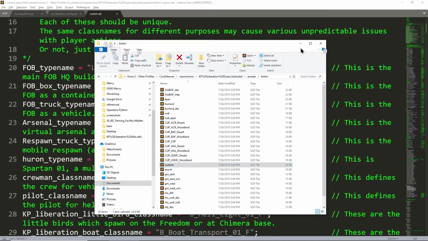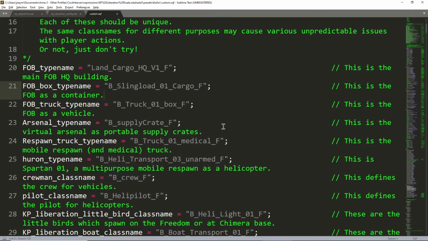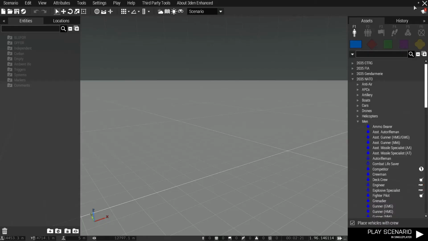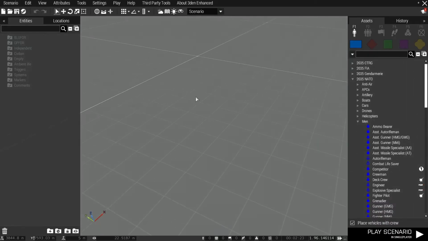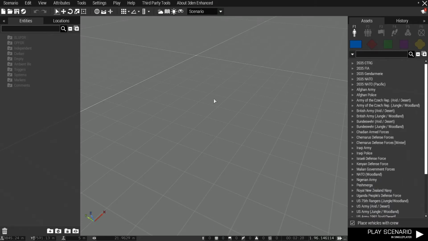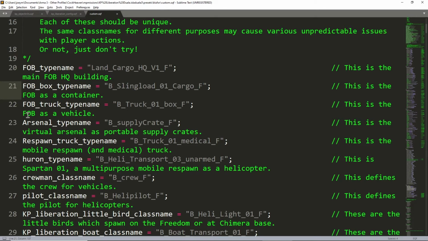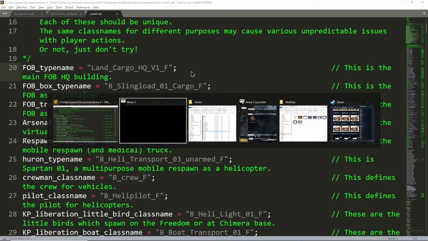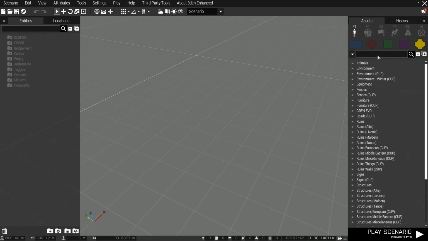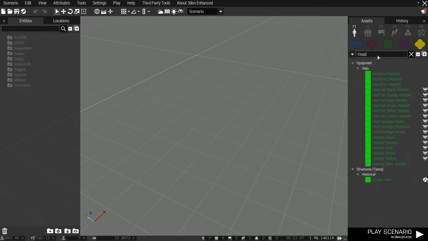So in order to easily do this, what I will do is I'll open up Arma 3. I'm going to open it up in VR. I don't need to save a scenario or anything like that because I'm just going to be copying and pasting stuff. So I'm in my SQF, and okay, I want to know what I want to use for the main HQ building. So if I wanted to change this, I could go into objects, and maybe I can find, I don't know,